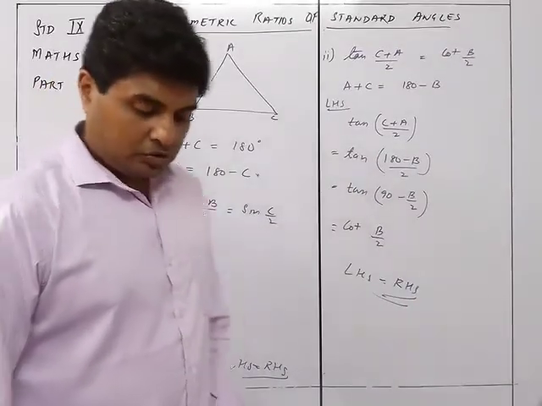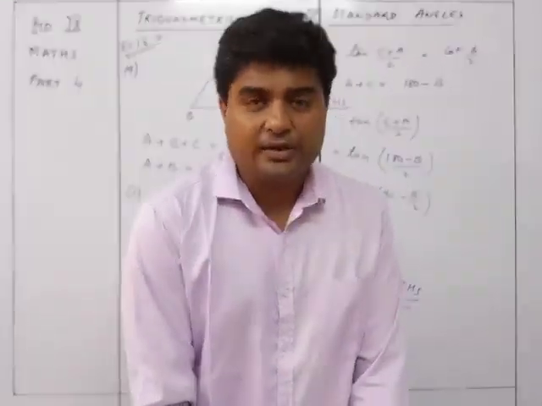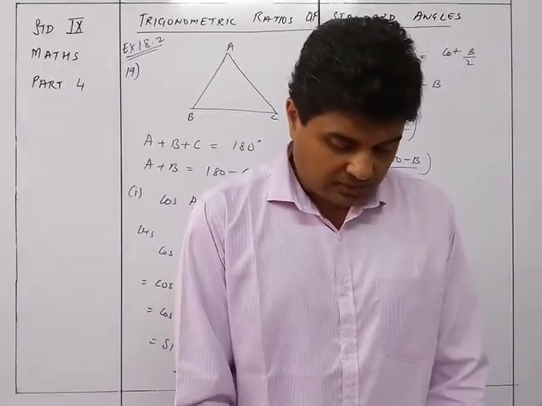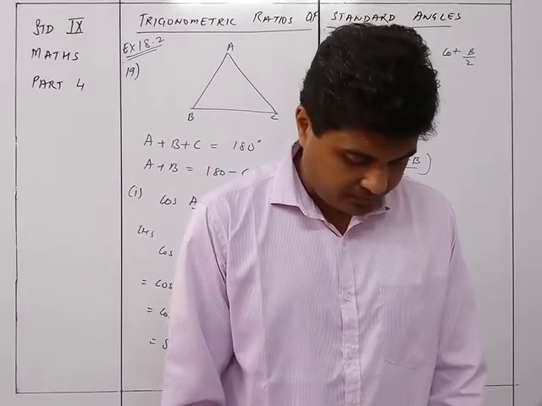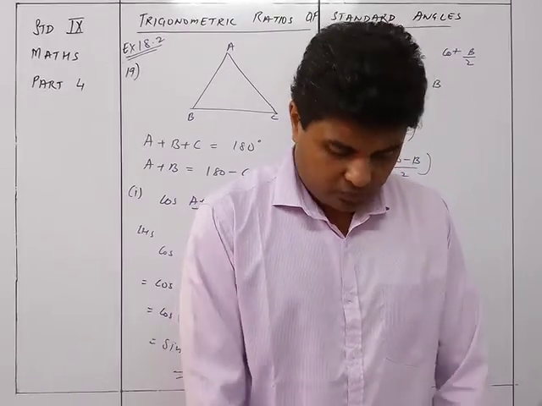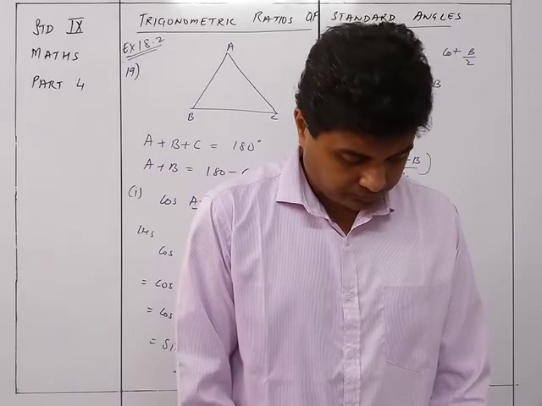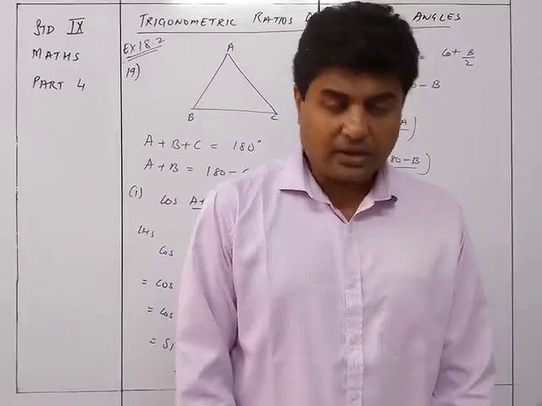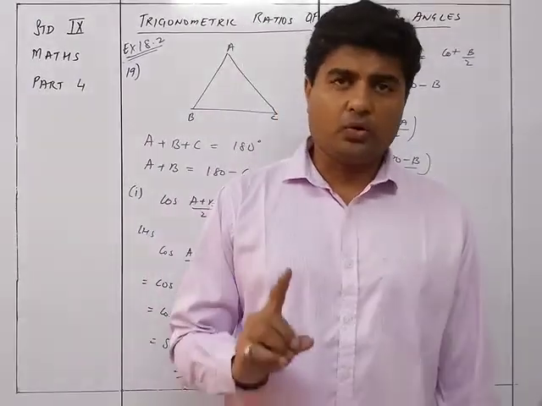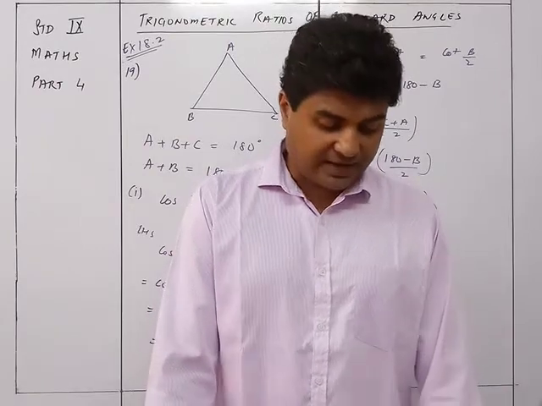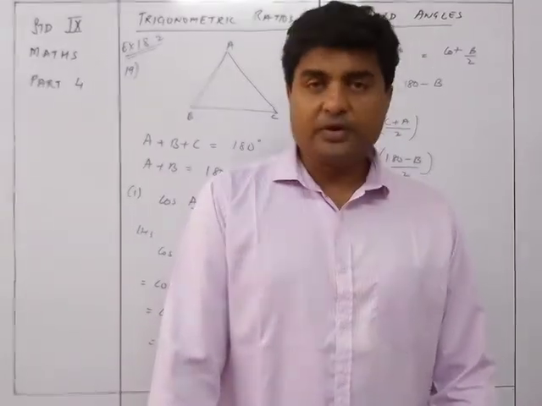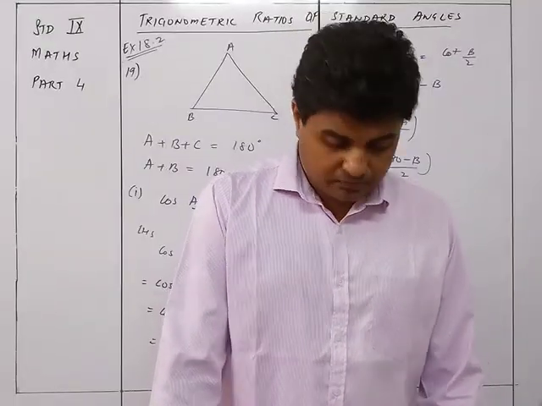Clear? So that comes to the end of the chapter trigonometry, both the parts now. So we are done with both the parts of the trigonometry chapter. So that is the end of the chapter, and yeah, you just have to do the alternate sums. As I told you earlier also, the table of sin 30, 45, 60, 90 is very important to learn. So sin, cos, tan, cosec, sec and cot, you have to learn all of these. Okay, so that was about the chapter trigonometry. Both the parts completed now. Thank you.